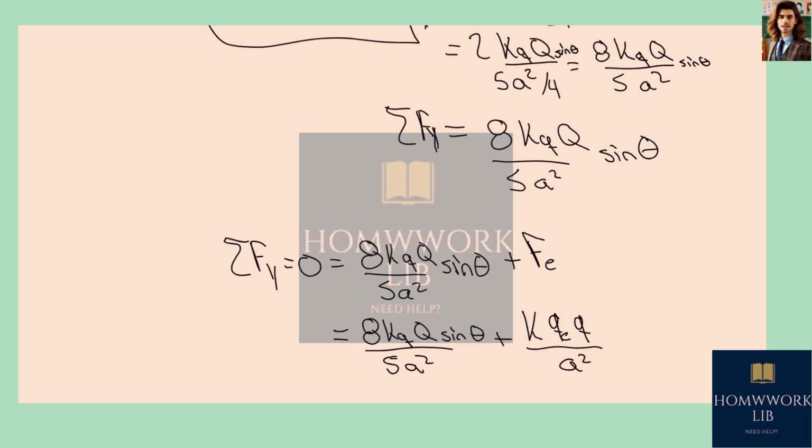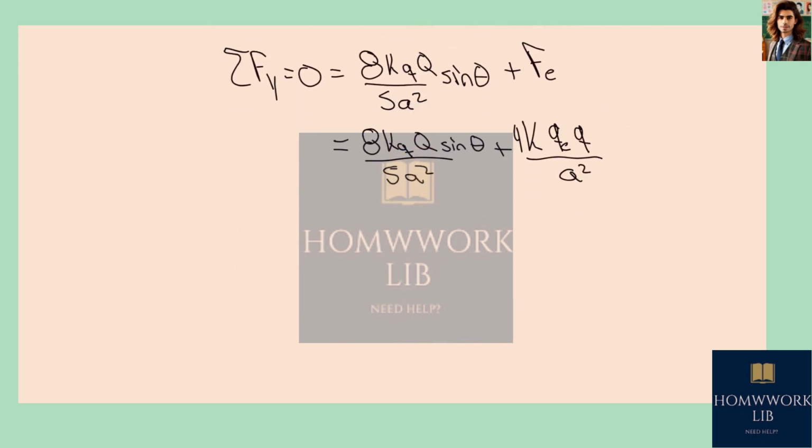So a squared, and over here a 4. For this to be equal to 0, we would have that QE would be equal to minus 8kQQ sine of theta over 5 times a squared multiplied by the factor of a squared over